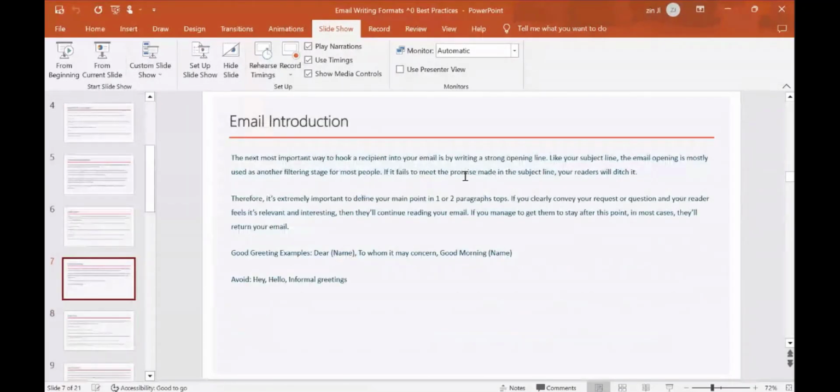Moving on to the next one, email introduction. Very important. You've got my attention now. I've clicked on the email. You open it up. Here comes the introduction. Think of it as an interview. When you go in for an interview, what's the first thing you say? My name is this. Thank you for having me. Thank you for your time. Stuff like that. So you're setting the tone for the rest of your email, right?